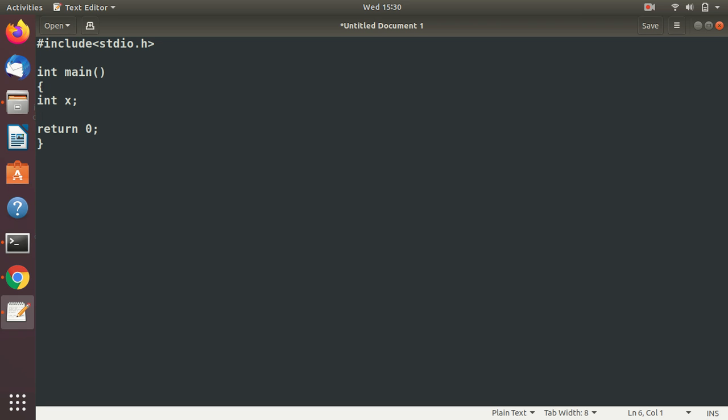So how does someone know whether a number is even or odd? In programming it is calculated by dividing the number by 2. If the remainder of that number is 0, then it is an even number, and if the remainder is anything other than 0, then it's an odd number.